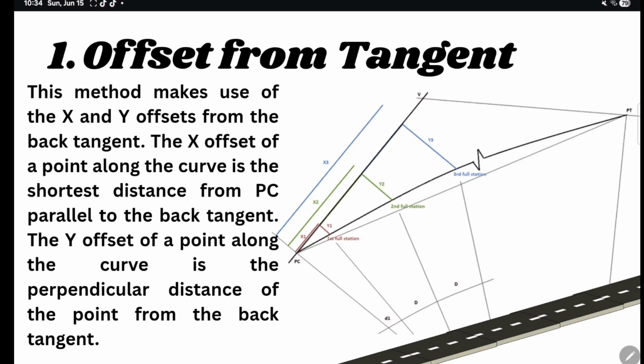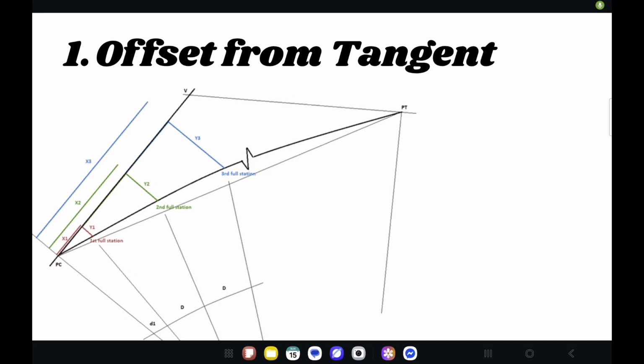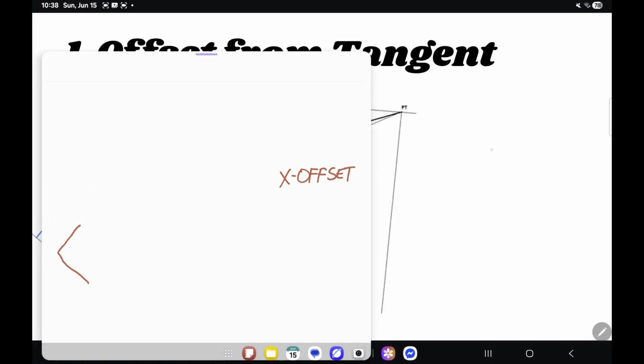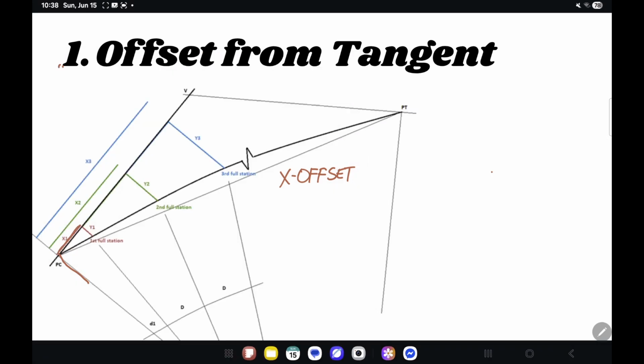So the formula of our x offset. If we look here, we have a triangle. So our x sub 1, our radius, and this one. Anyways. So, x sub 1, from our SOHCAHTOA,